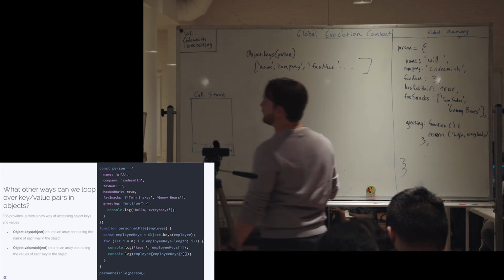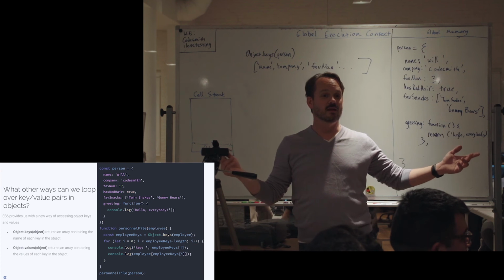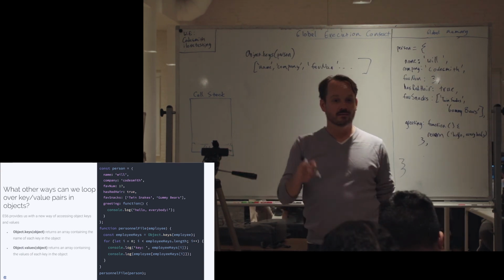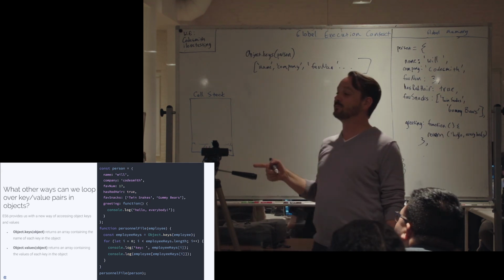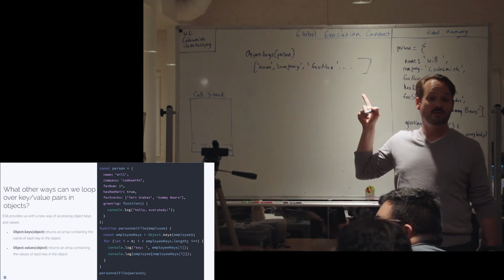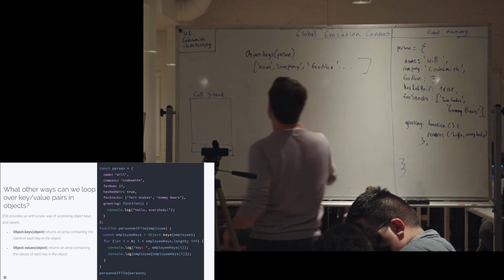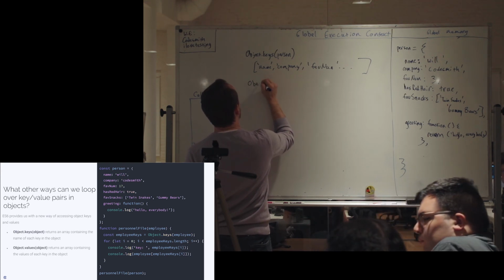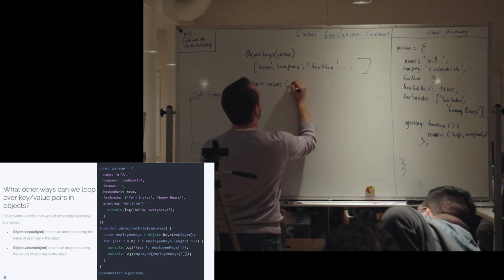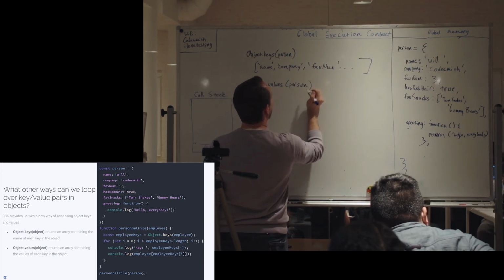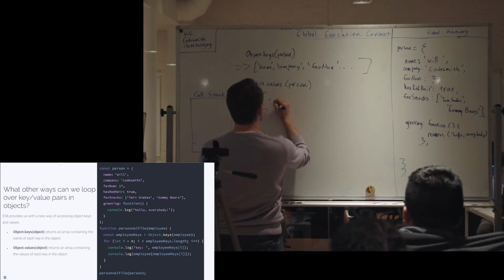So what do you think Object.values does? Picks the values of each one of those. In what format? In a format that shows the values with the keys, key value, key value? But if we're doing Object.keys, we only get the keys. So Object.values, what do you think that is? Only the values. So Object.values person is going to return an array that's